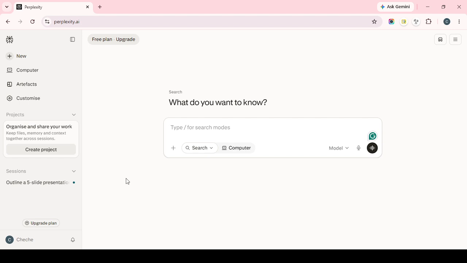If you follow that approach, you'll be able to use Perplexity effectively without spending anything, while still taking advantage of both the standard